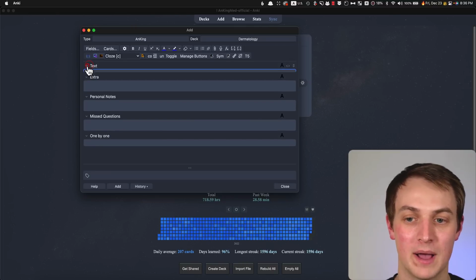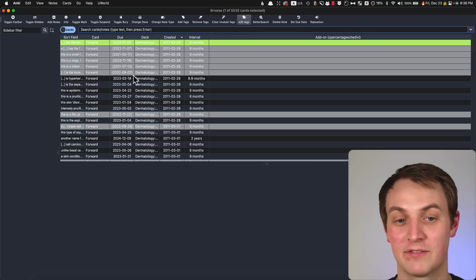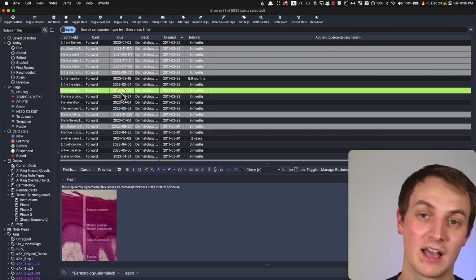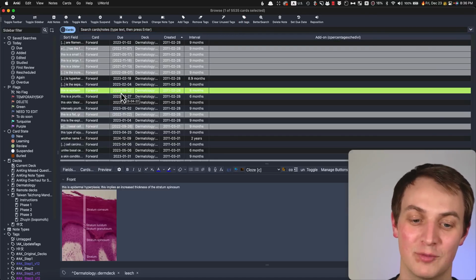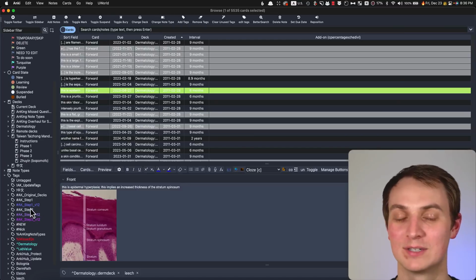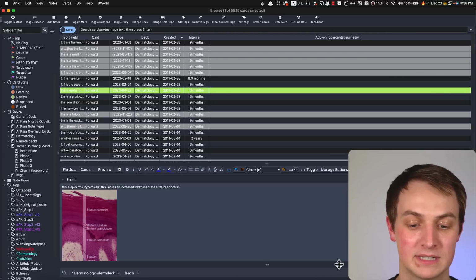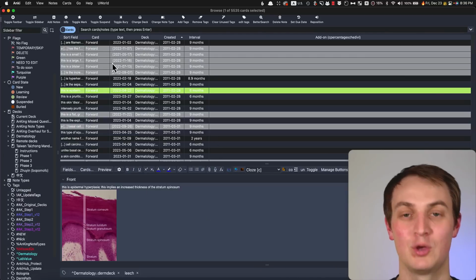You have these toggle buttons here that we'll talk about later, all sorts of really fancy things. The browser looks different as well. I have a color scheme set on here just because I'm using the recolor add-on, which is really fun, and I have the colorful tags add-on as well, so you can get both of those and mess around just because I like the colors. But you can tell overall the appearance here looks different,